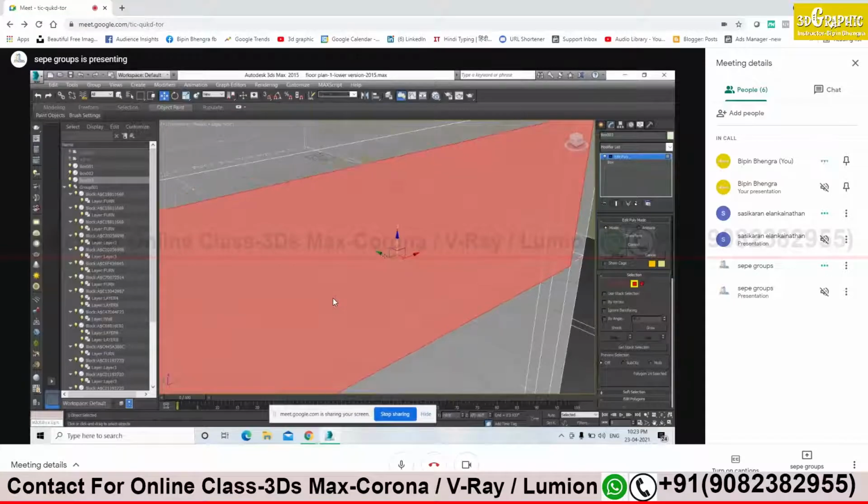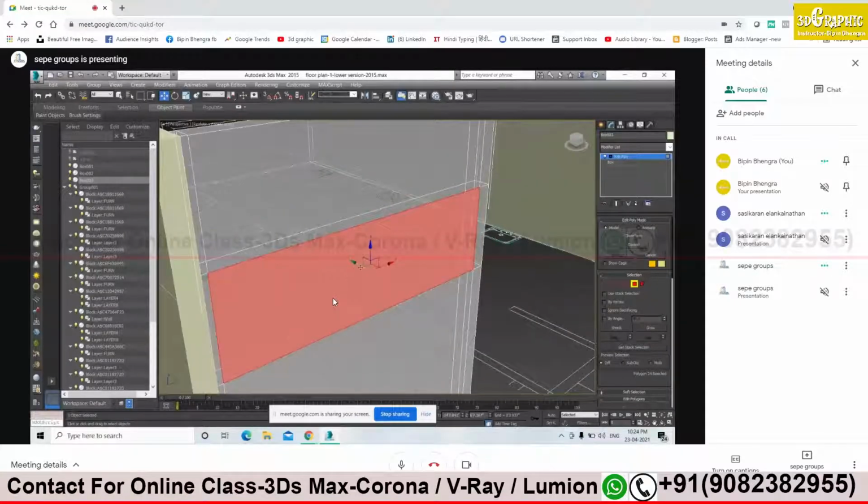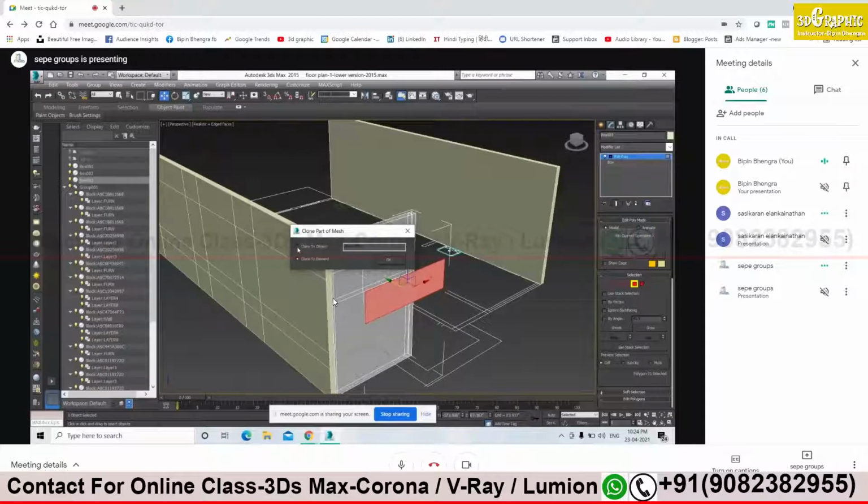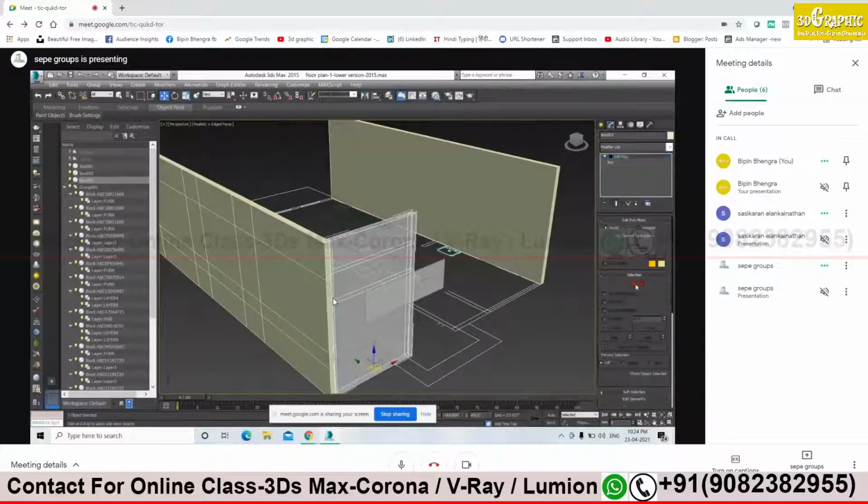With the help of shift key, press shift key and then drag to make a copy. Enough. Top one. Yes, okay. Yes, correct. Yeah, it's done. Come out of that mode. How to come out of polygon mode?